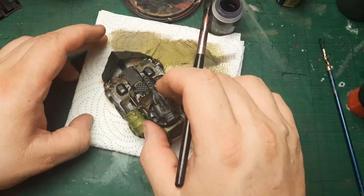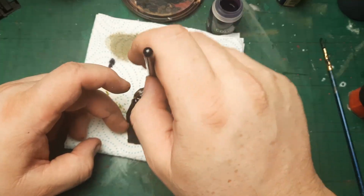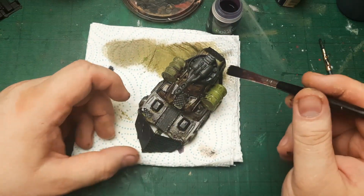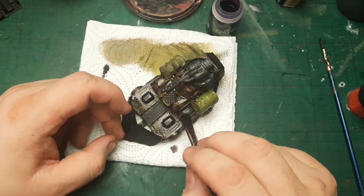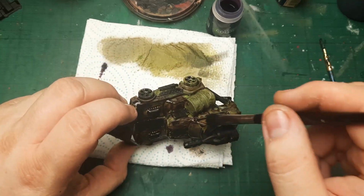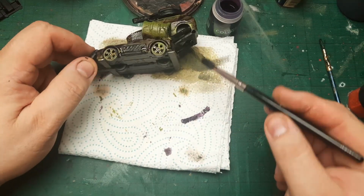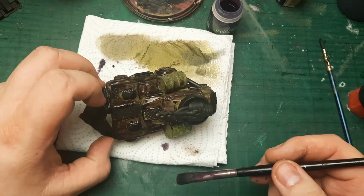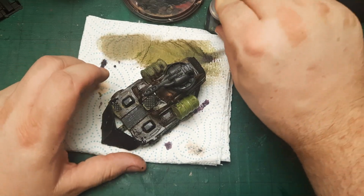It's probably gonna look very weird. Well, I forgot that the car is still warm, so it did dry almost instantly. Yeah, so this is a very dirty car right now. But even though most of it dried already, I'm still gonna be drying it off, so